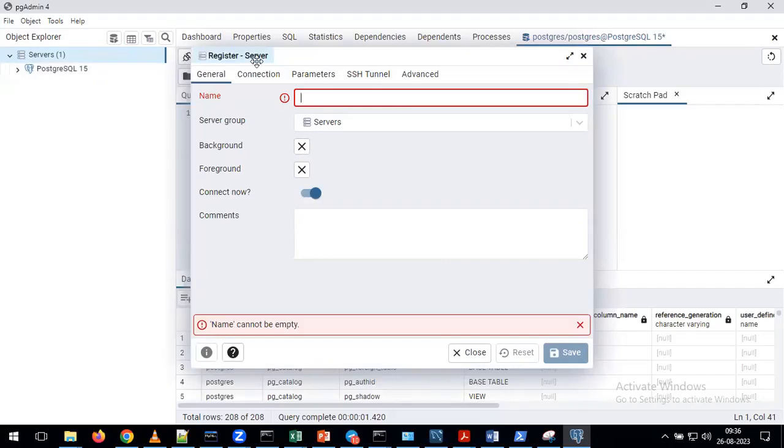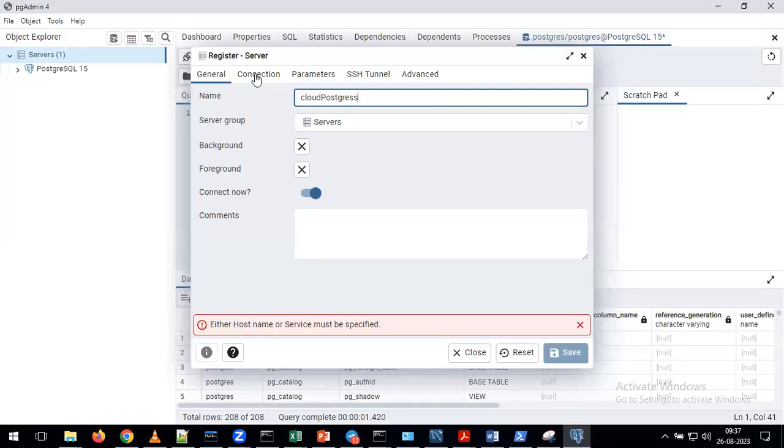Any guesses what server we are going to register? In the cloud, whatever instance we created for Postgres, that server we are replicating in our local system, because I want to do all the activities very fast using my local system. That's the reason we are going to register the server which we created on Cloud SQL to our local system. Here you can give any name. For my understanding, I'm giving the server name as Cloud Postgres.